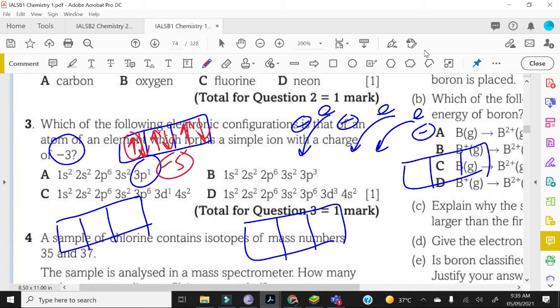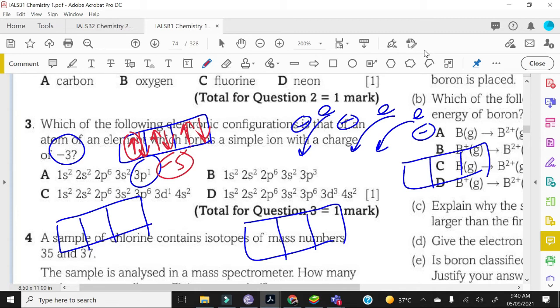Then we have, just give me a minute. So, no, this is face to face. I don't have any face to face. Okay, so